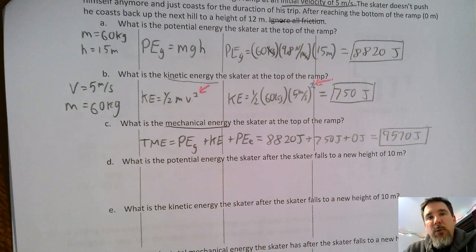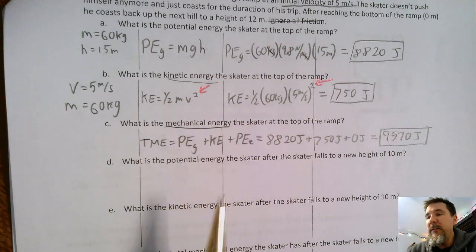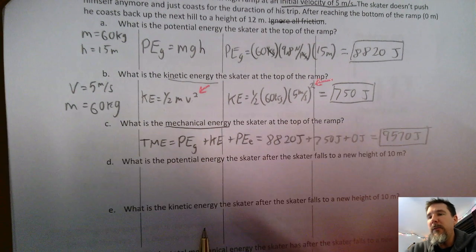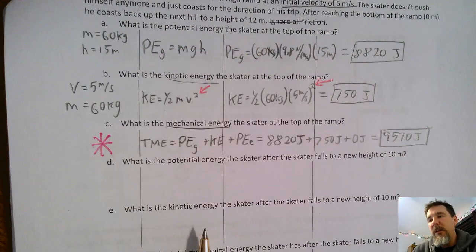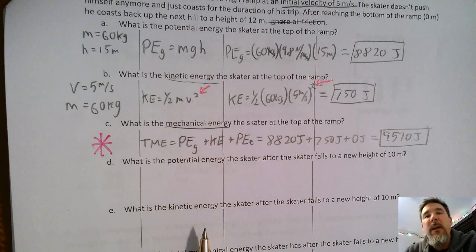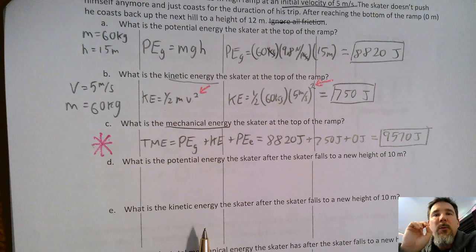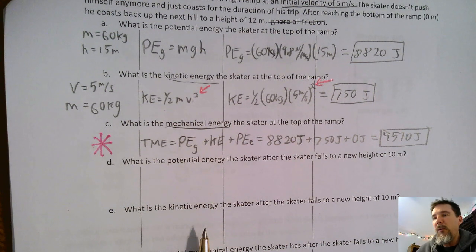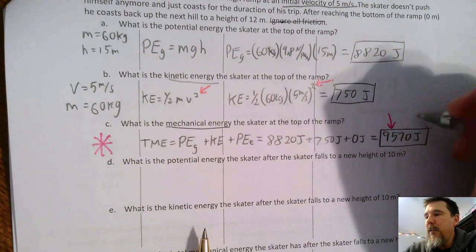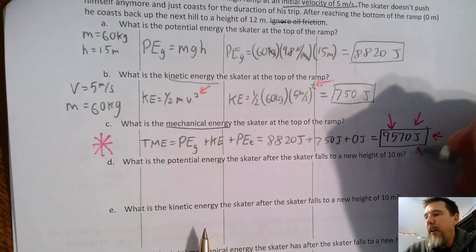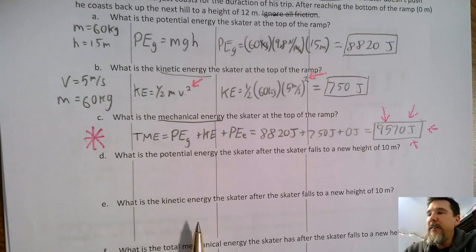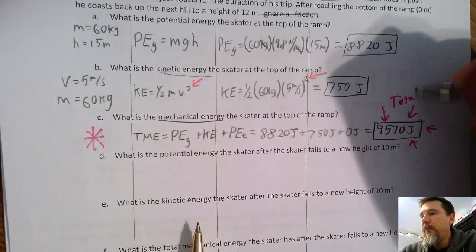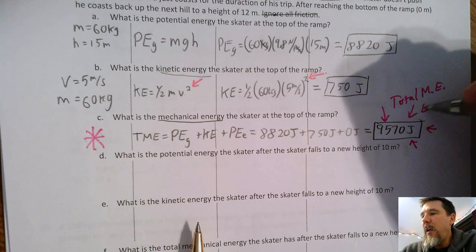is my total. So he starts out high up on the hill, 15 meters high, and he's moving at 5 meters per second. So we got a double whammy here. We got the total is the 2. So I'm going to put an asterisk by this one because this is like the total. This is what we're starting with. And the thing to keep in mind is once you find the total at some point, that is going to be the total everywhere. So this number right here is going to be our big, helpful little number that we know, because it's going to be the total mechanical energy everywhere